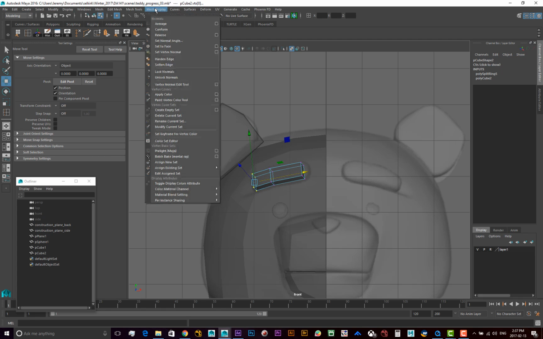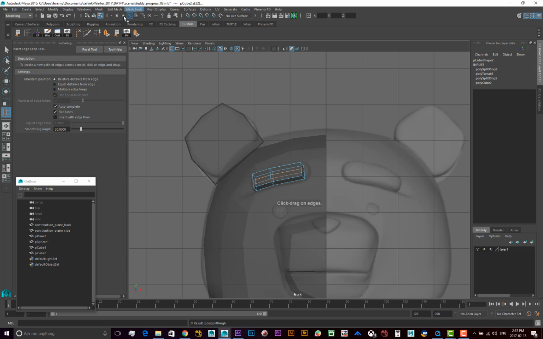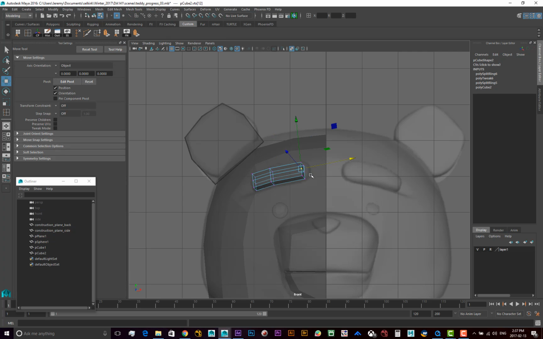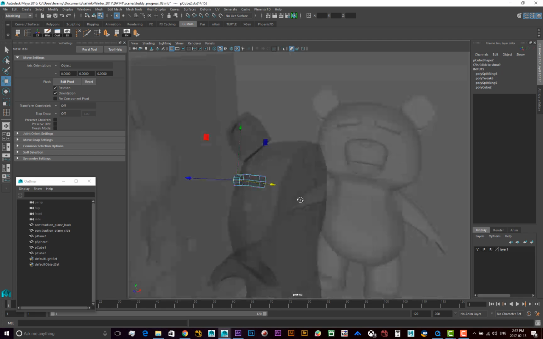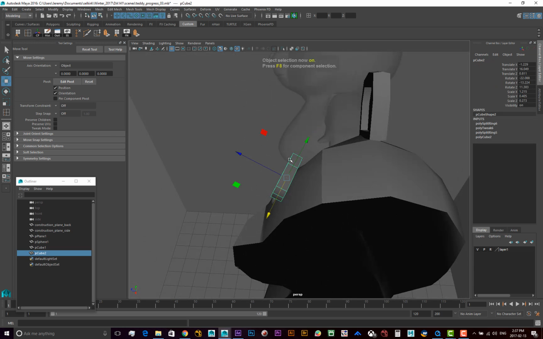Something like so. Edge loop. I should really make a button for that. There. And let's see what we got. Oh, going off the radar a little bit,